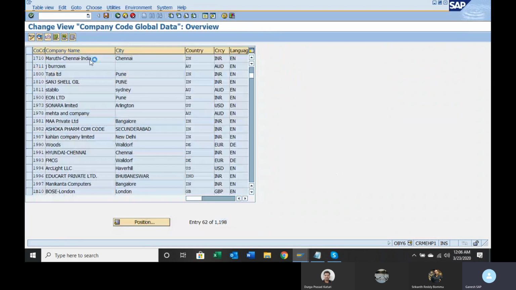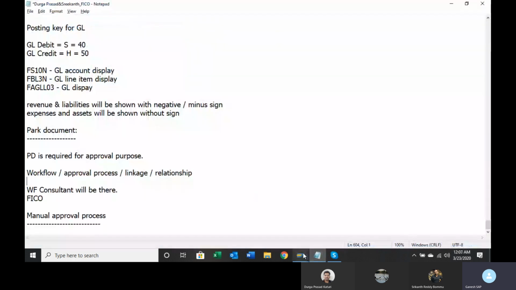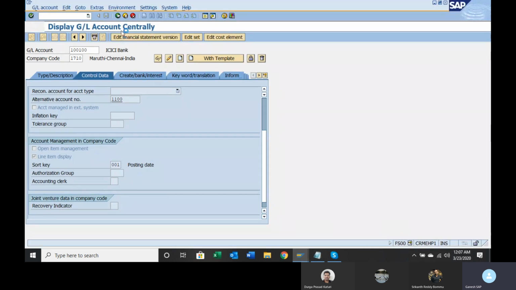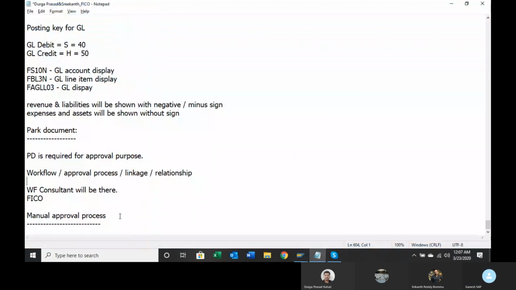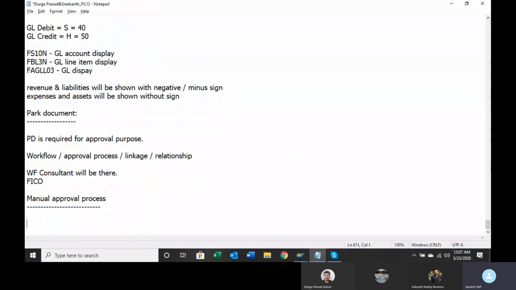Let's try to see how to post a document with parking. Park document will be picking document number from a document type.